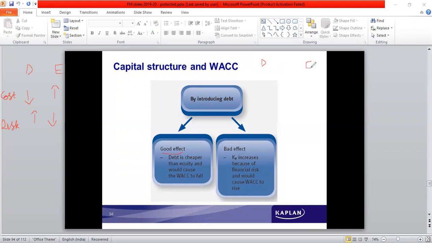Weighted average cost of capital is equal to the weight of debt into the cost of debt. Cost of debt is always subject to tax adjustment. So weight of debt into cost of debt into the tax adjustment 1 minus t